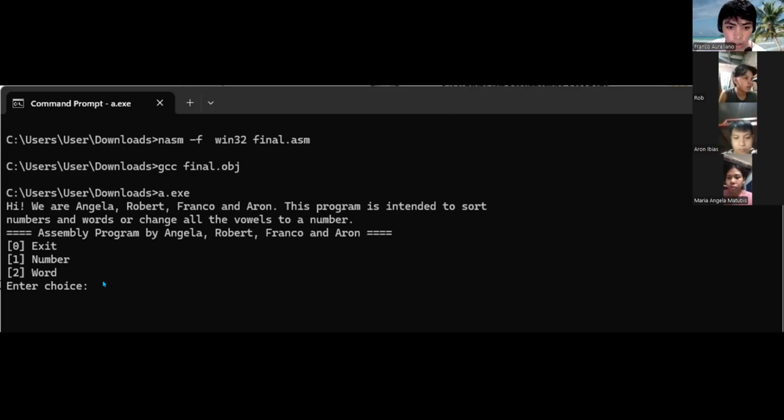And here's what Angela and Rob said earlier, the display menu. Now let's try to enter an operation in our choice.